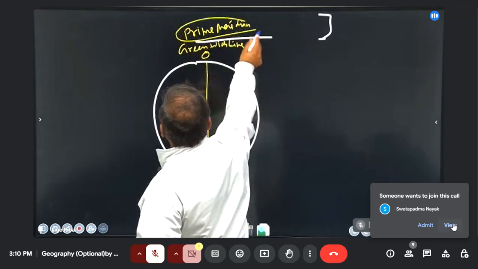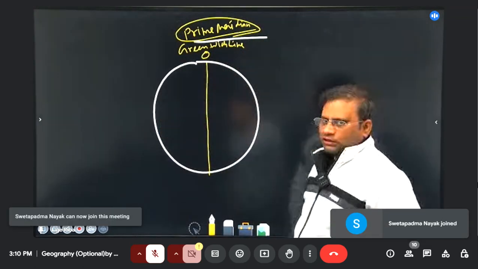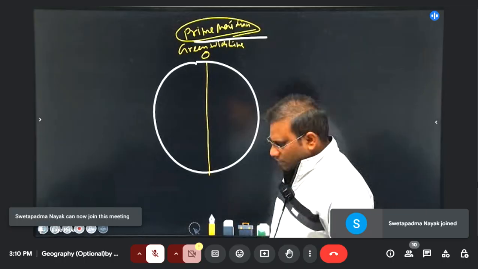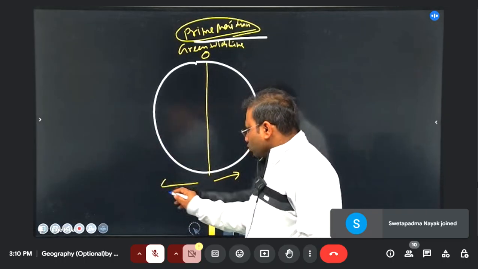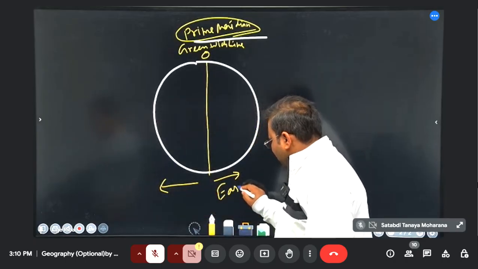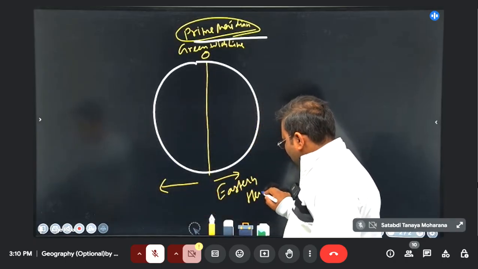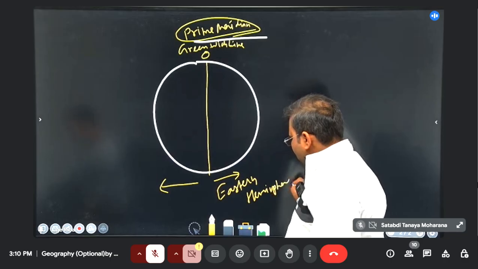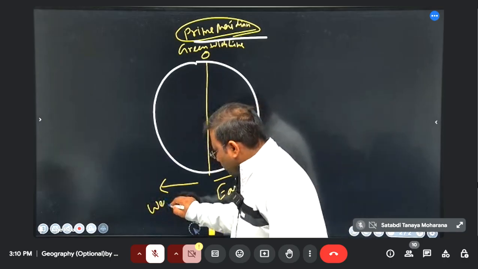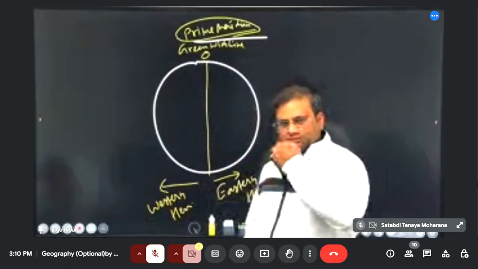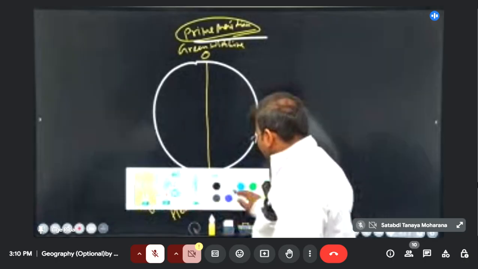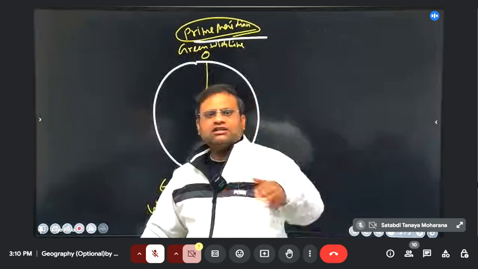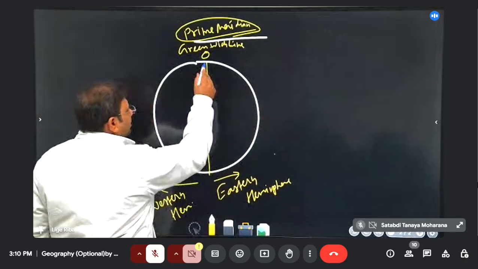So prime means main meridian. So what is the main thing? We will see into it. But as it is a great circle, it is dividing Earth into two equal parts. So this side is called the Eastern Hemisphere, right? But this side is called the Western Hemisphere. Alright, dear. Now in Eastern and Western Hemisphere, we have drawn certain other circles or lines, like from here,